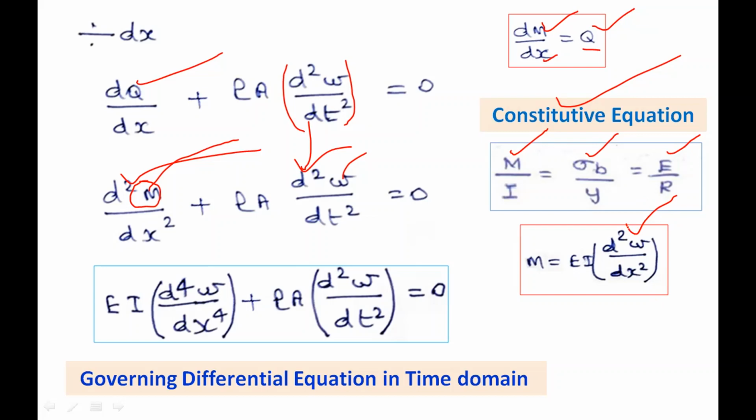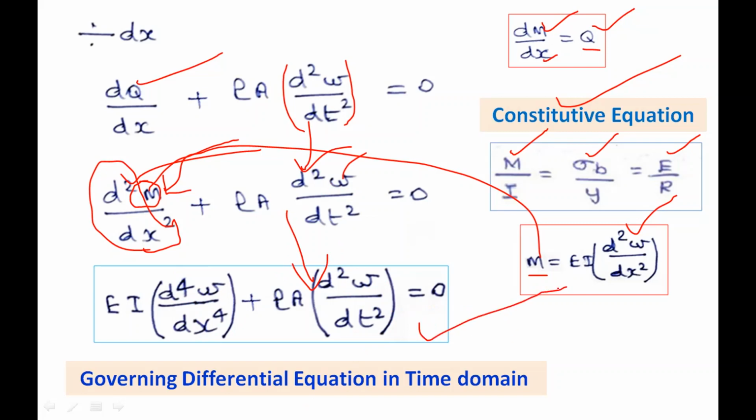The radius of curvature is defined in terms of w. There is a derivation in the Timoshenko textbook, so we are using that relationship. So bending moment M is equal to EI multiplied by d square w by dx square, the second order derivative of w. Substituting this M in this equation, we will get EI d power 4 w by dx power 4, because already a second order derivative is there, plus this term rho A d square w by dt square, which is equal to 0. Now this is the governing differential equation of the transverse vibration of beam problem.